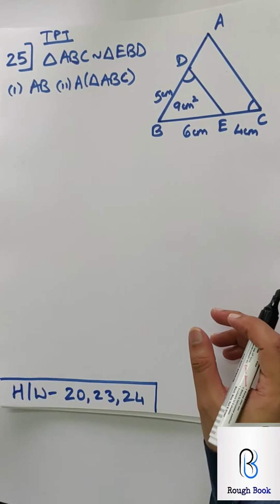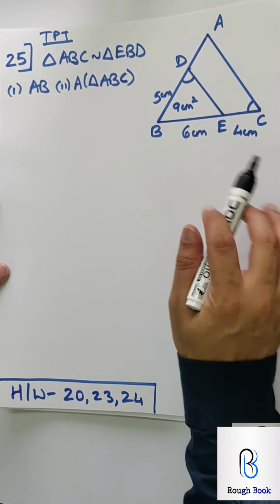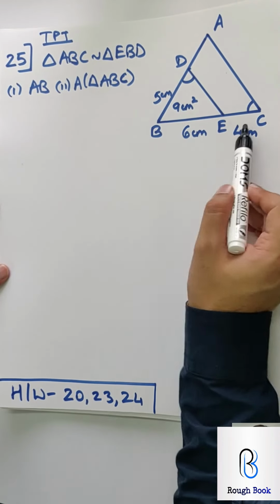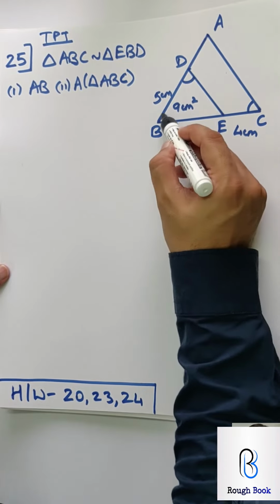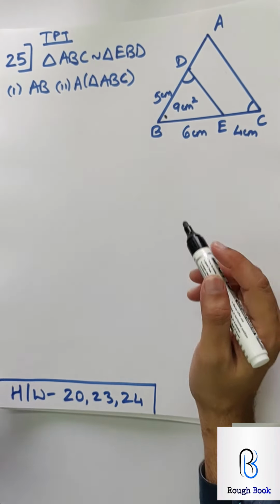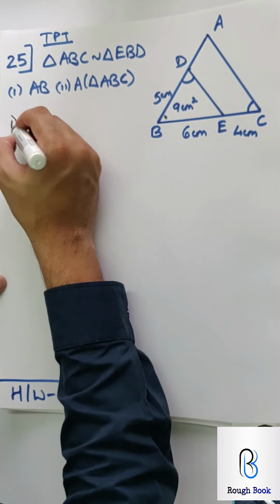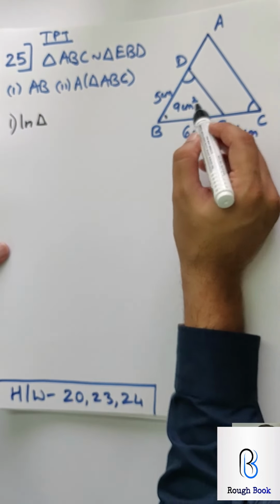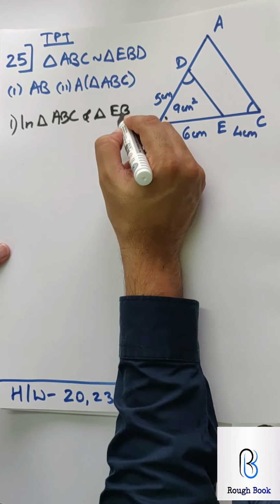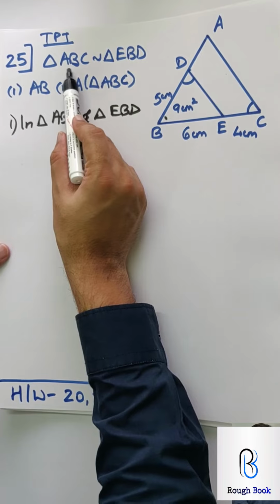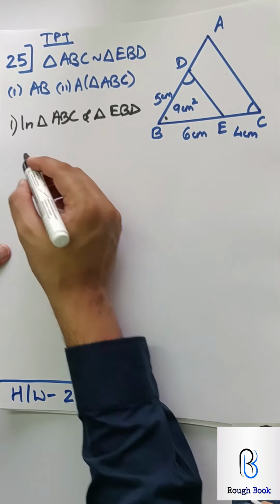Yeah. Let's take last question for this video, 25. 25, simple. They want you to first prove ABC and EDB similar. They have given you these two angles equal. The next is the common angle. So prove the two triangles similar by AA test, and after that these parts will follow automatically. So number 1, in triangle ABC and triangle EBD, is one-to-one correspondence correct? ABC. So here it is EBD, correct.